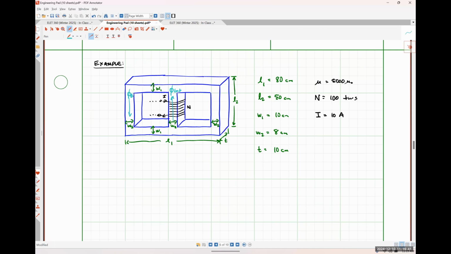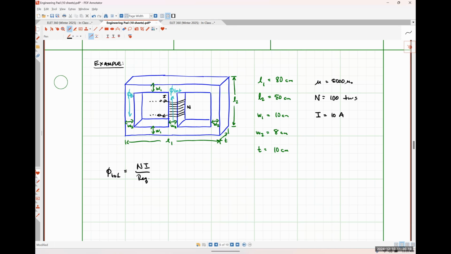All right, so how would we go about finding phi total? Let's start there. Well, you probably find phi first. So we would find phi total first because it's the thing that's dividing and producing the flux that's just flowing through the left leg, right? So I would argue that phi total is just going to be Ni over the equivalent reluctance seen by the coil,